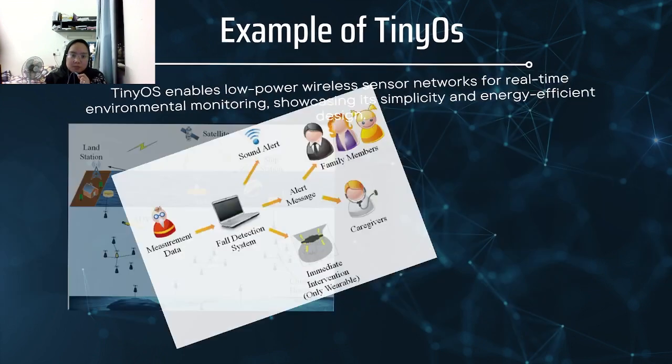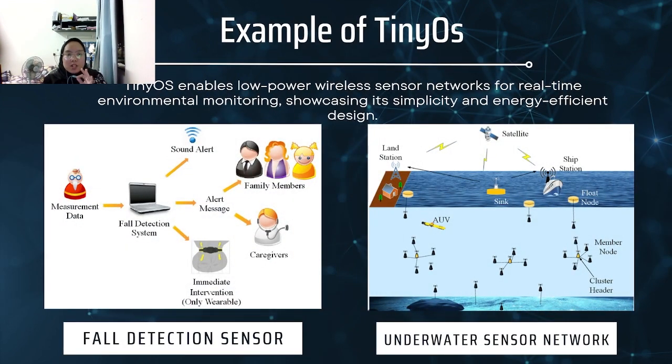Okay, these are the two real-world examples that I chose. TinyOS enables low-power wireless sensors for real-time environmental monitoring, showcasing its simplicity and energy-efficient design. Just now I explained real-time monitoring with the medical device. Now, I use a fall detection sensor as a real-time environmental monitoring example. Later in the slides, I will explain more on why it is real-time